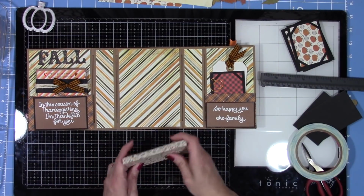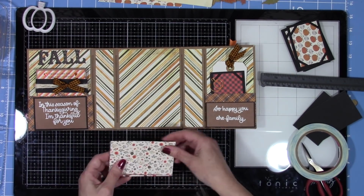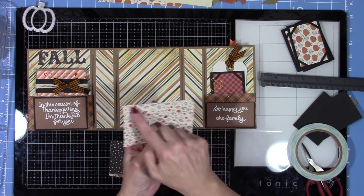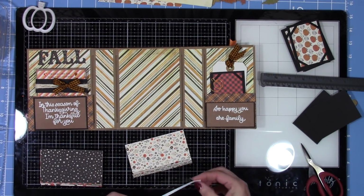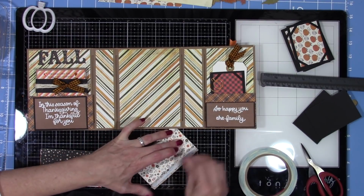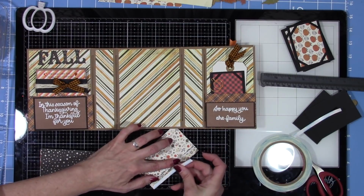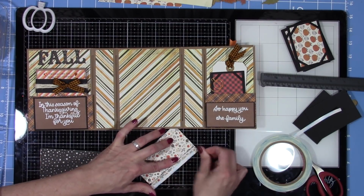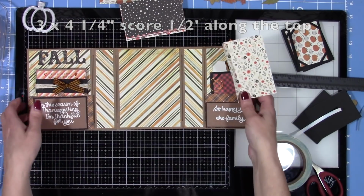So now we're going to work on the waterfall page, and the paper pack that I used for this is single-sided. It's white on the other side, but I did not want white on the back, so each one of these I had to cut twice, and then I just adhered them together so that there was pattern on both sides. Each one of the waterfall papers is 3 inches tall by 4 1/4 wide,